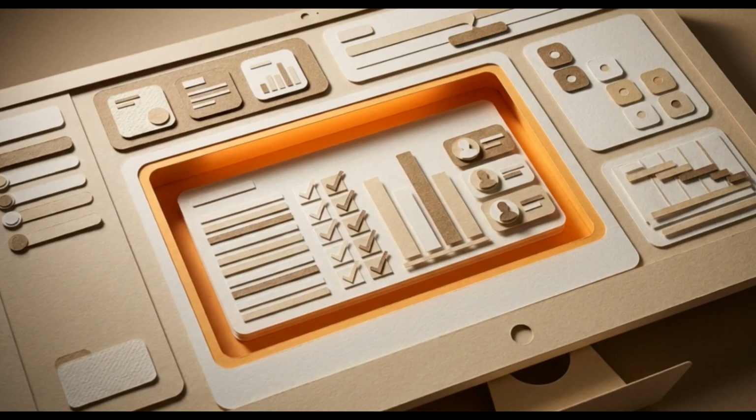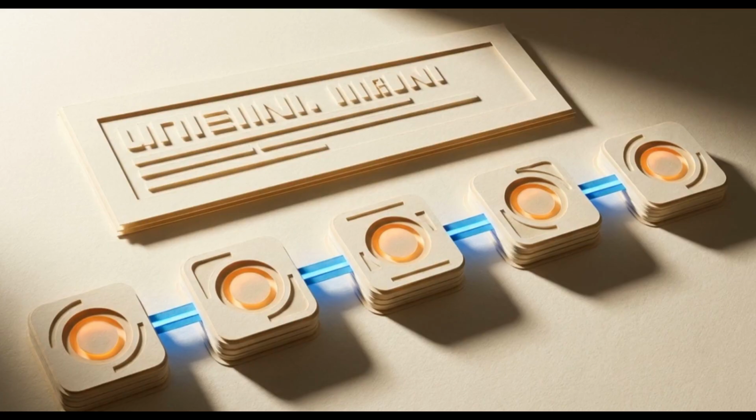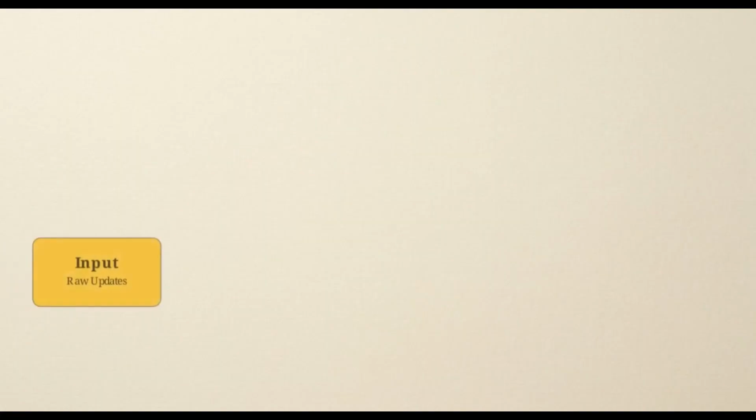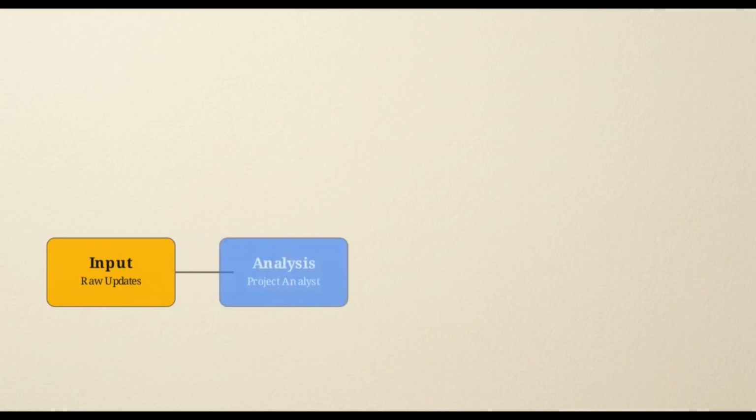Let's put this into practice by building a standard piece of project management, a weekly status report generator. I pasted a detailed description of my reporting pipeline into Opal, and it built this 5-node automated workflow on its own. Step 1 is this yellow user input node. This is where we drop in our raw project updates for the week. From there, the data flows into the first processing phase. Opal creates a project analyst persona to carefully parse through the raw input.